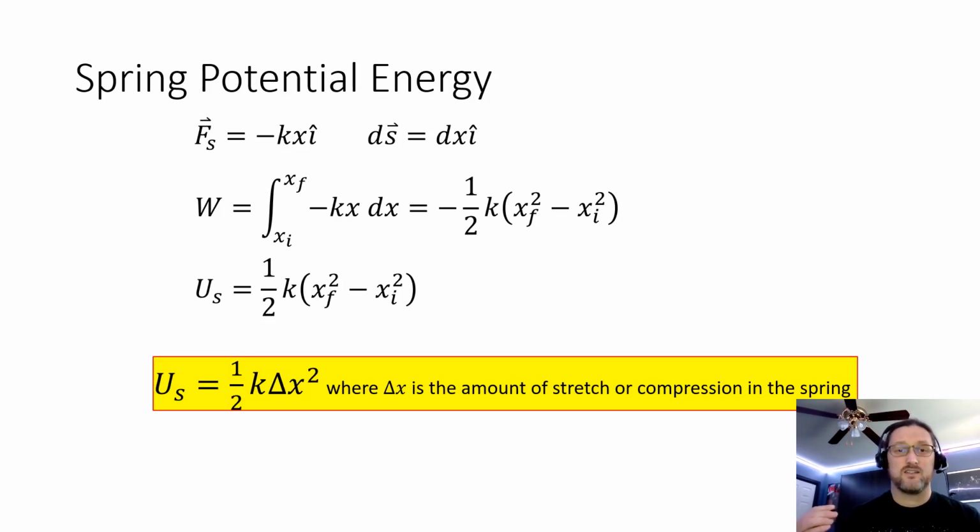We also want to look at springs. Remember the Hooke's law force, the force on a spring, minus kx i hat. We'll do this in the i hat direction. Then I write ds. I'm going to calculate the work done. Oh, the dot product conveniently works out, right? And I calculate the work: minus a half k times x final squared minus x initial squared. Or the spring potential energy. I simplify a little bit and I just say, oh, it's spring potential energy, one half times the spring constant k. So let me make a note, that's the spring constant